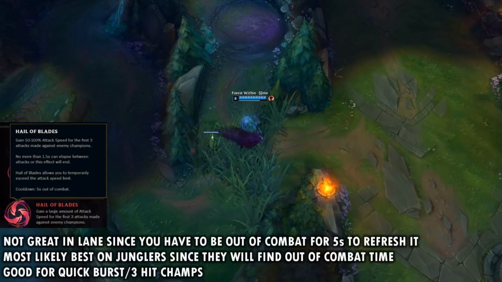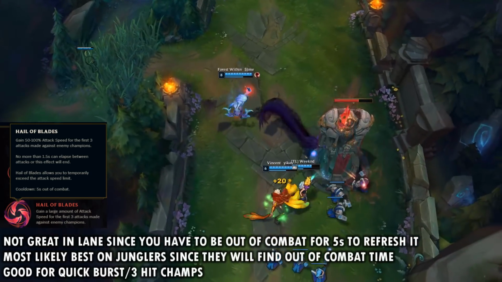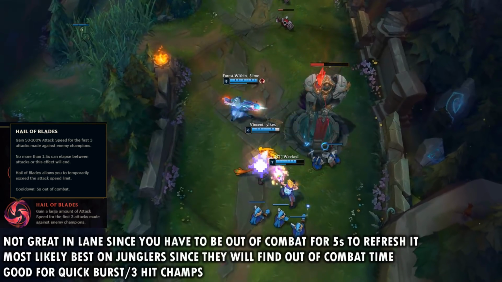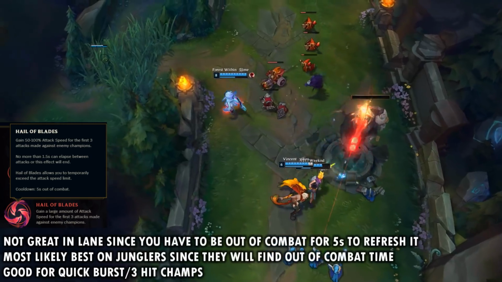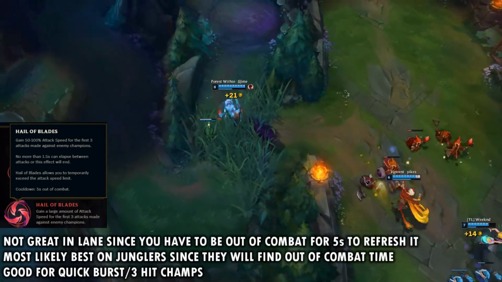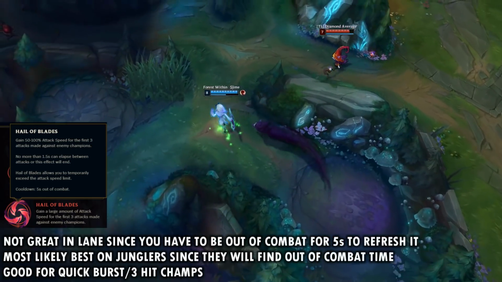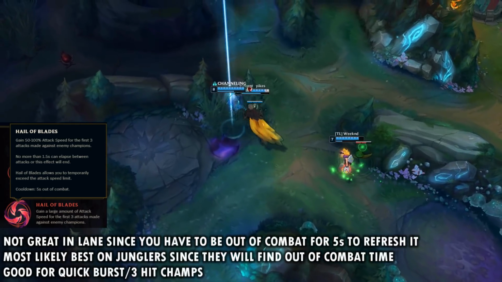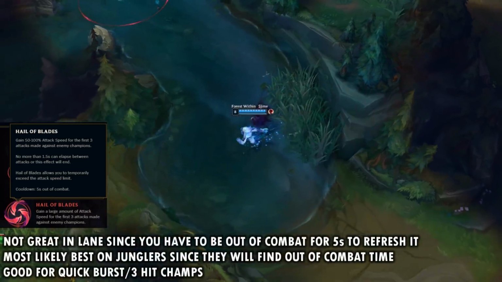Now, the first thing that we can get out of this information here is that the fact you have to be out of combat for 5 seconds for this to come back into effect doesn't really make it that great of a rune, especially in the laning phase. When you're playing an AD carry, for example, in lane, you're almost always going to be auto-attacking minions or auto-attacking something in lane. There's going to be very few situations to where you're going to have 5 seconds of downtime, and for that reason, I feel like it's not going to be that great of a rune on AD carry